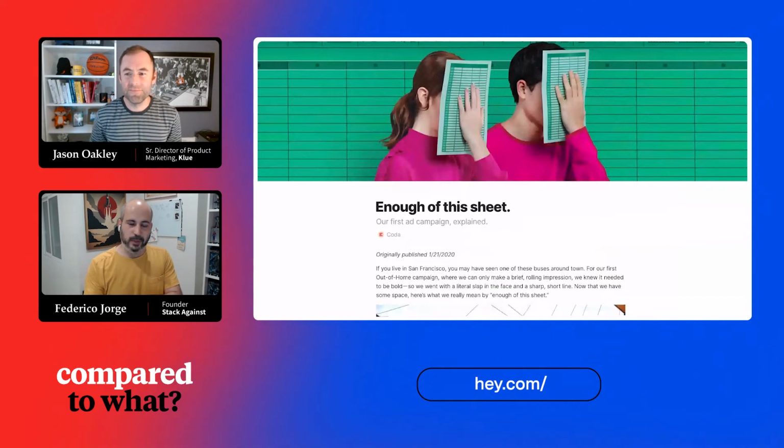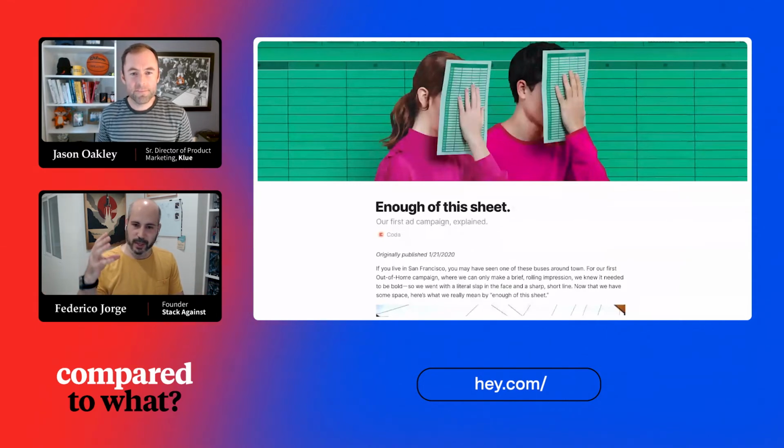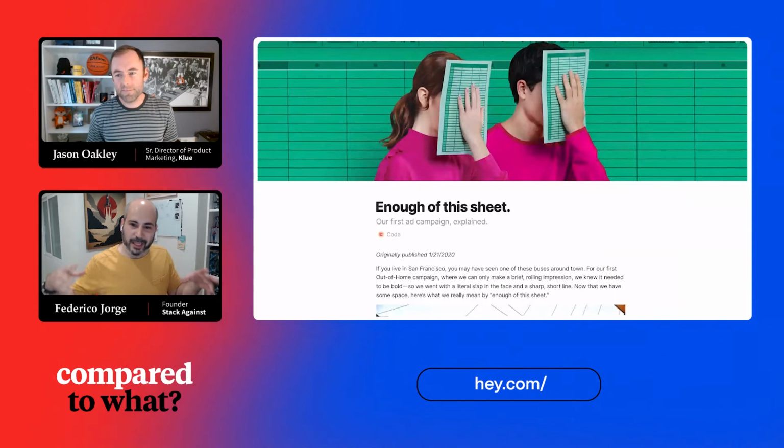And some of these examples, they've kind of migrated away from these big ideas already, but at some point, this was the main go-to-market idea for Coda, right? Enough of this shit. And the whole idea was, like you said, rallying around how much people hate spreadsheets, right? And they have this new way of solving that. And when you do it with flair and creativity and elegance, the way that Coda did it, what happens is that